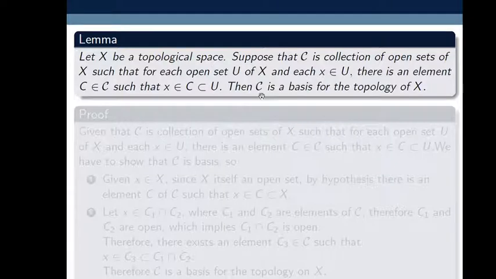So here we have to prove script C is a basis for the topology of X. In this statement, script C is what? Script C is the collection of open sets of X, and X is a topological space.